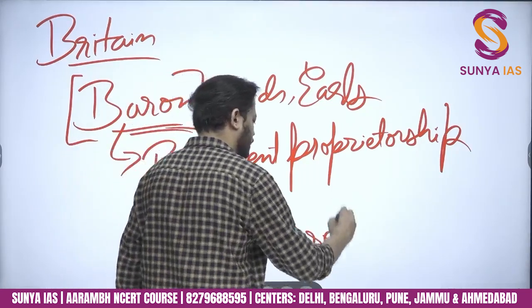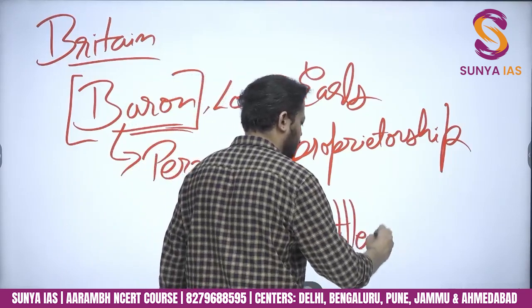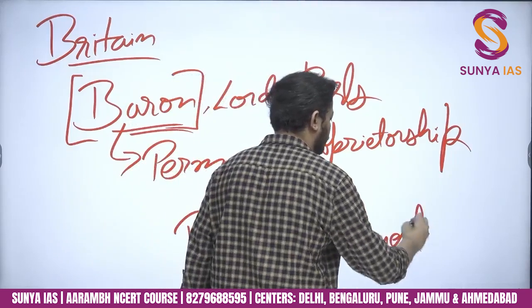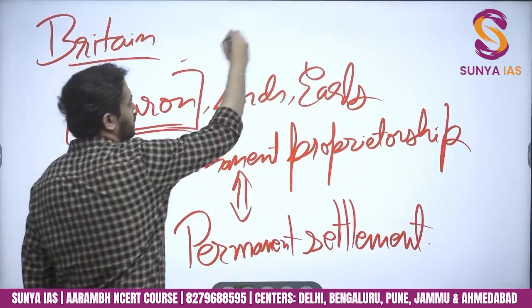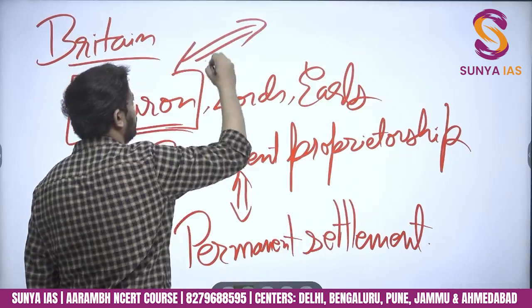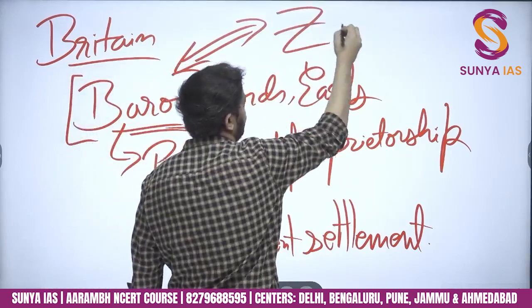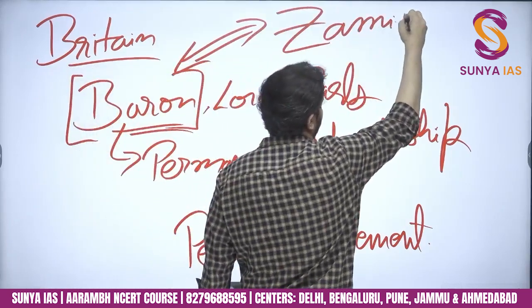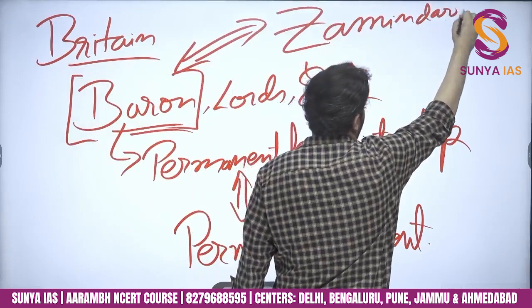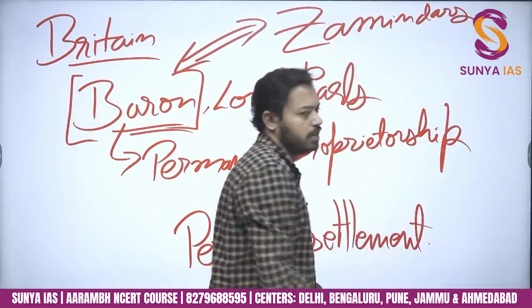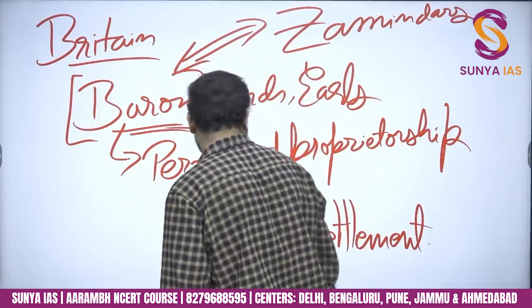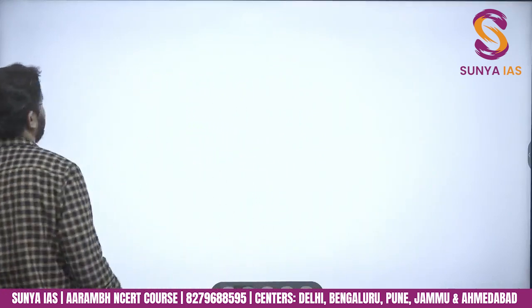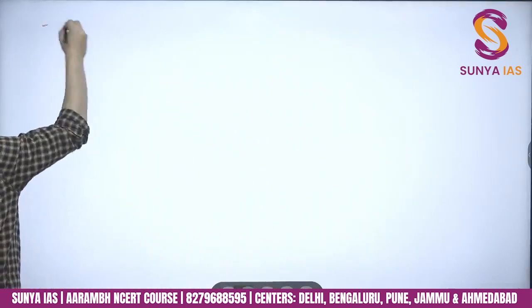Now, if they have to come up with the permanent settlement, they also have to appoint someone who will be equivalent to the barons, and therefore they came up with the idea of giving this responsibility to the erstwhile zamindars only. And that's how the permanent settlement evolved. Now, what were the details of the permanent settlement? It was decided that whatever revenue will be collected by the zamindars, the zamindar will keep,